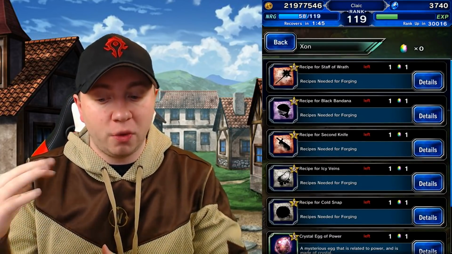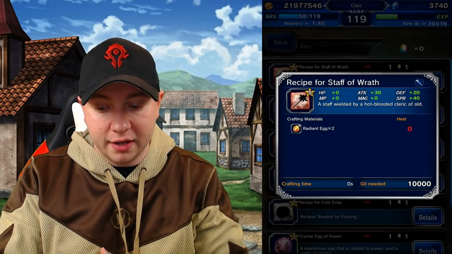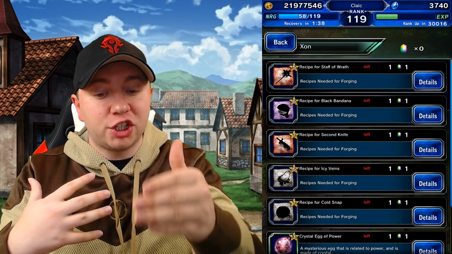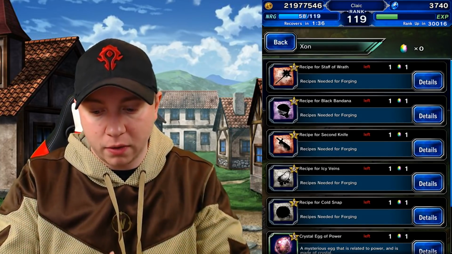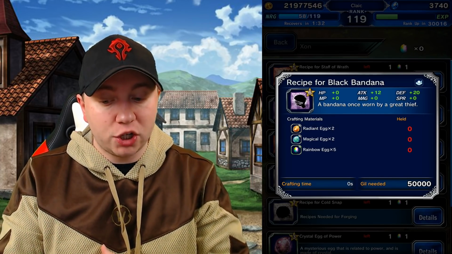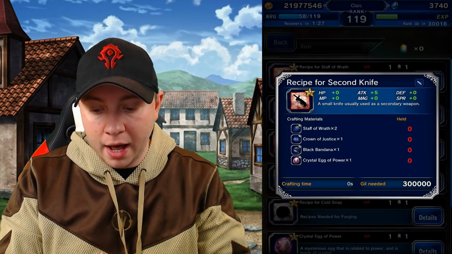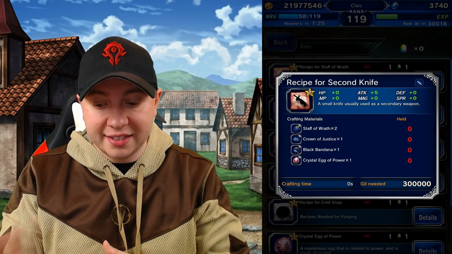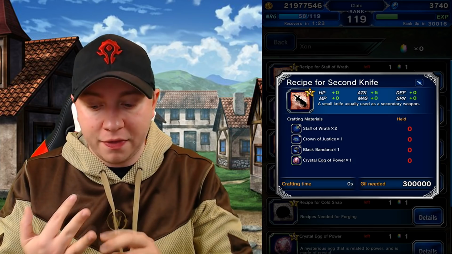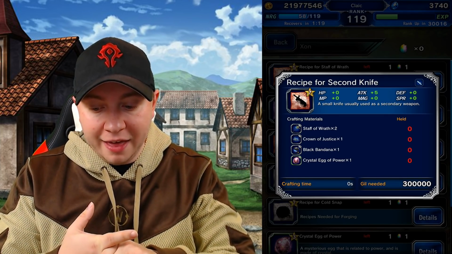This is where you get the recipe for like the items we saw. Staff of Wrath here is 2 radiant eggs, but you exchange your rainbow eggs to get these recipes, okay? The black bandana here, 5 rainbow eggs, 2 magical eggs, 2 radiant eggs, and the magical eggs and radiant eggs I'm pretty sure you get from a recipe here. The second knife, which is insane. You have to have 2 staffs of wrath, 1 crown of justice, 1 black bandana, and then a crystal egg